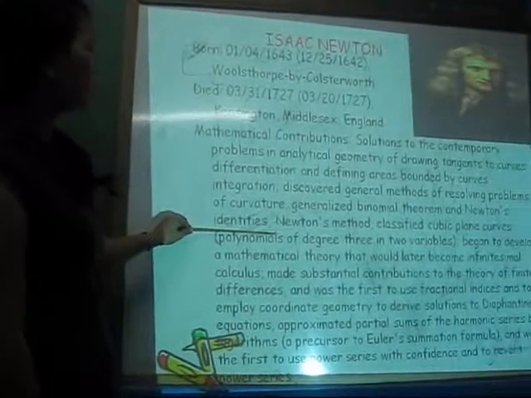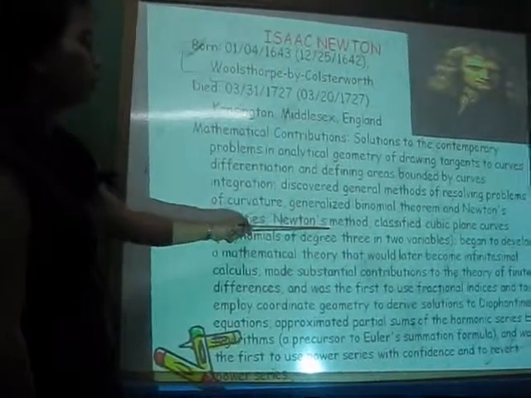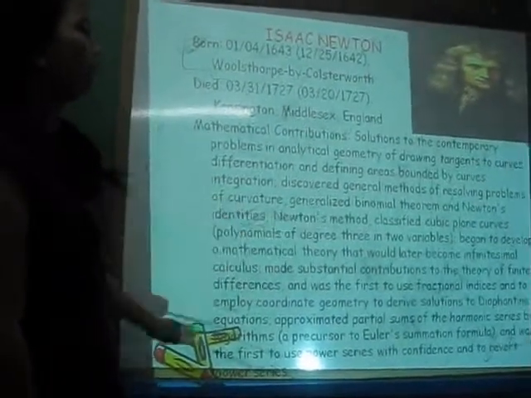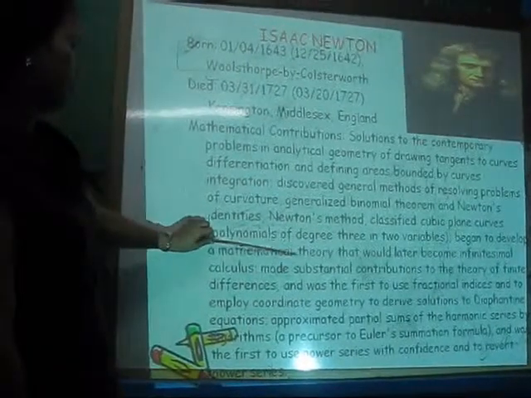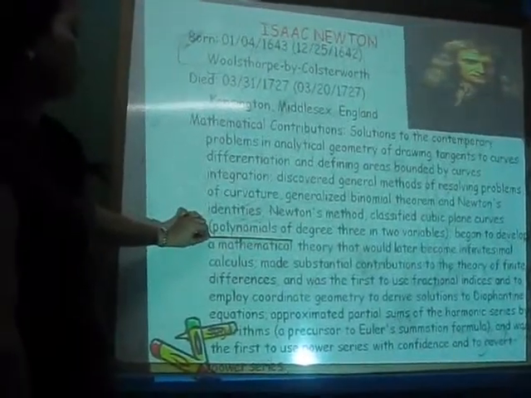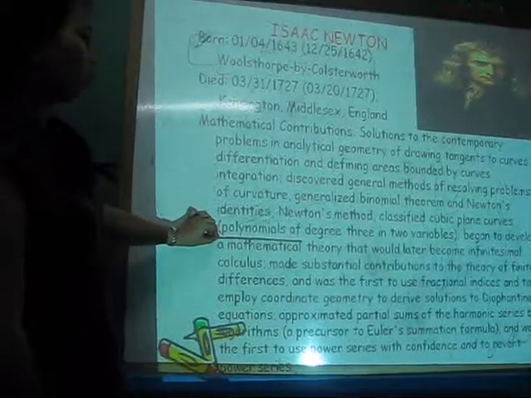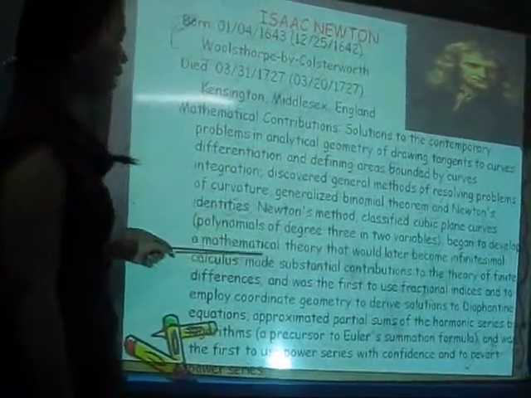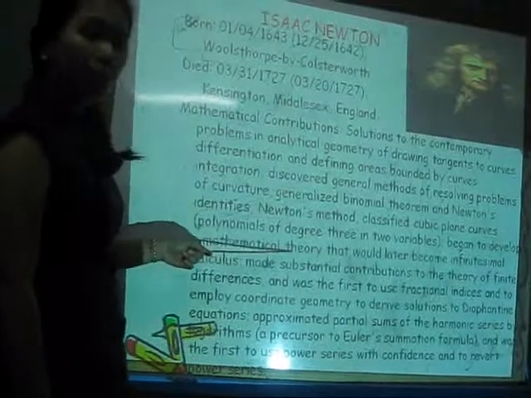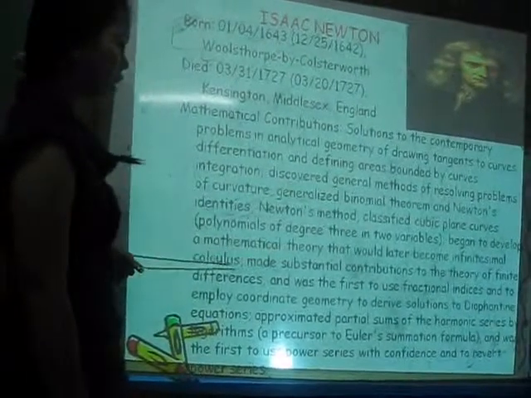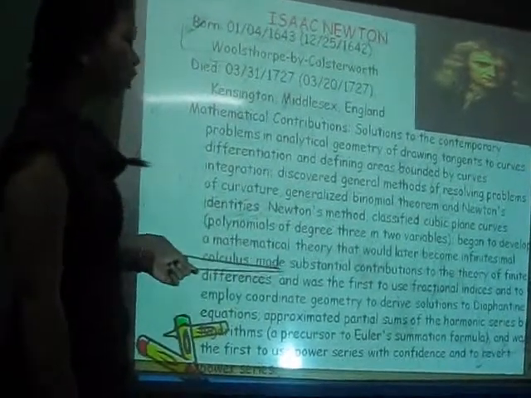He was also the person behind Newton's method, and he classified cubic plane curves, the polynomials of degree 3, into variables. He began to develop a mathematical theory that would later become infinitesimal calculus, made substantial contributions